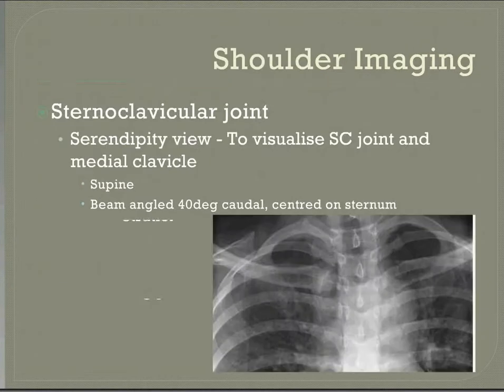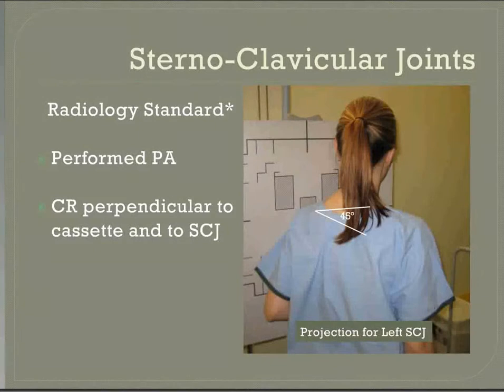Sternoclavicular joint views, which aren't seen very commonly from our orthopaedic protocols, the plan was to do a serendipity view, which is done with the patient supine and with a 40 degree caudal tilt, so looking down at the sternoclavicular joint. In contrast, the radiology department usually do a PA view, so with the patient at 45 degrees, and the central ray is targeted perpendicular to that SC joint. So that gives us